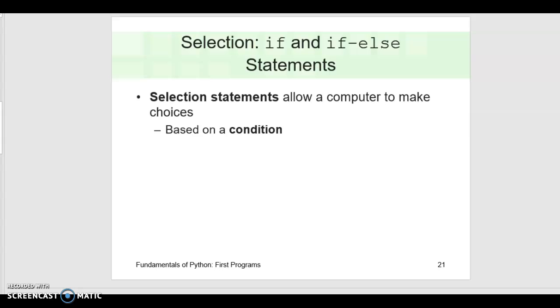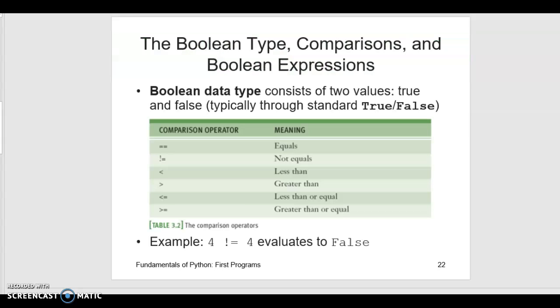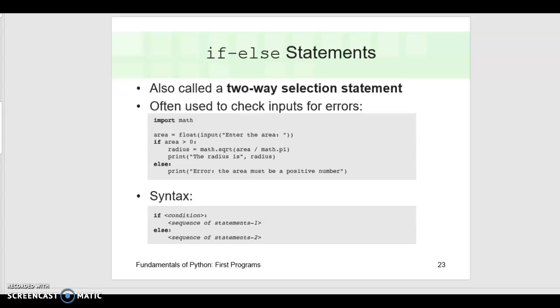These selection statements are based on a condition, and that condition is using the Boolean type, comparisons, and expressions that evaluate to true or false: equals, not equals, less than, greater than, less than or equal to, or greater than or equal to. The if-else statement, as was shown in that tutorial, has an if statement with a condition to test. In this case, area is greater than 0. Everything that will be executed if that Boolean statement is true would be indented 4 spaces or press the tab key. And if that is not true, if the area is not greater than 0, it will print area must